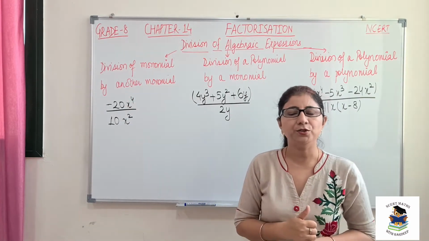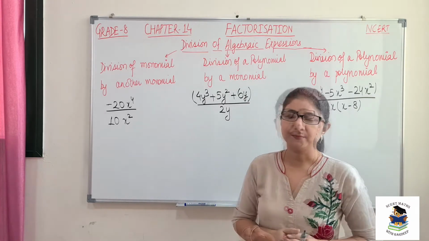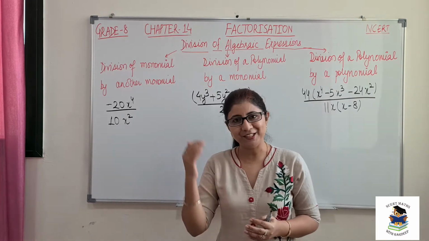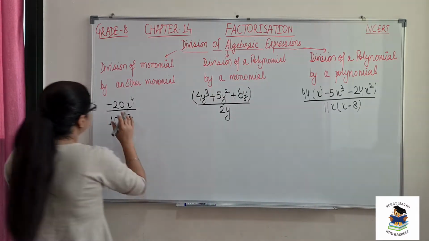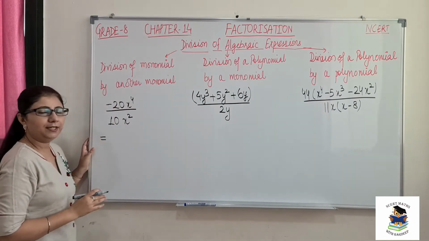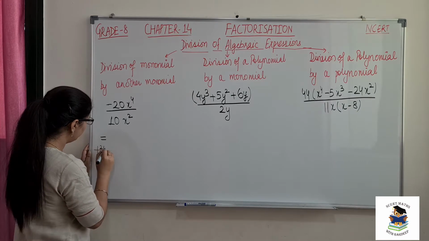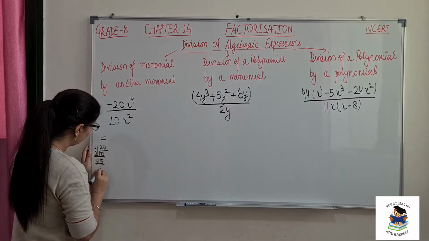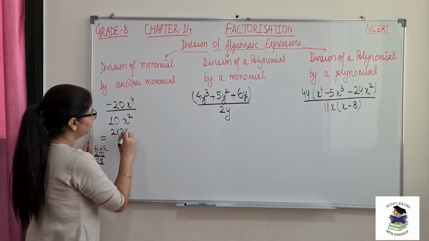The first thing that you should do is make irreducible factors of each expression, and then we can see which factors can be cancelled in both numerator and denominator. So let's see here, it is minus 20x^4. Okay, so first we will write the factors of 20. So 20 factors will be 2, 10, then it is 5. So 2, 2 and 5. So I will write here 2, 2, 5.